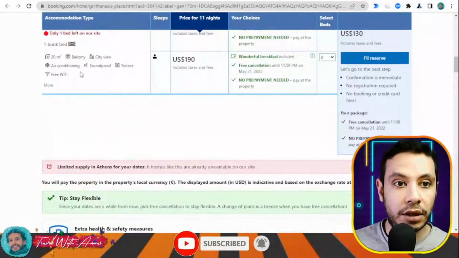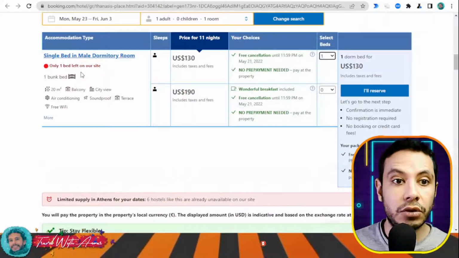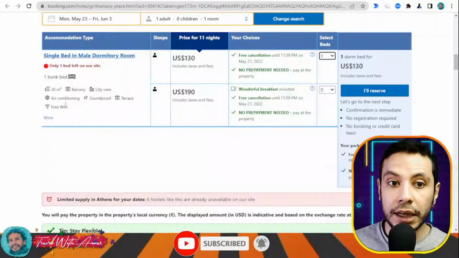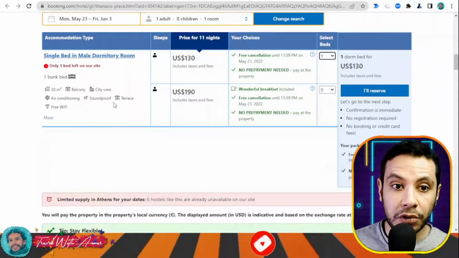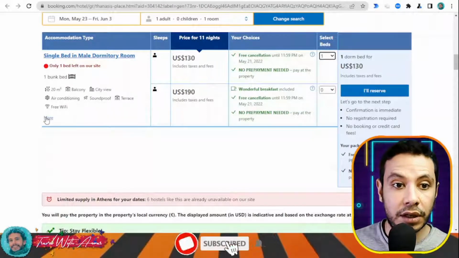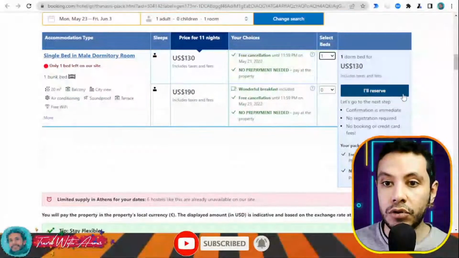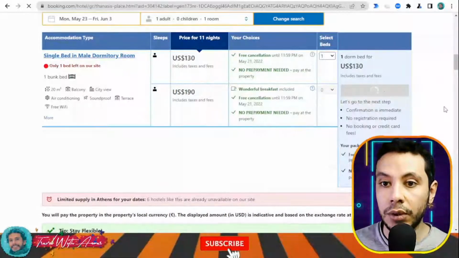And here they are telling you what are the extra things that you'll find. It's one bunk bed. There is a balcony, city view, air conditioning, soundproof terrace, and free Wi-Fi. You can even see more here. So let's say I'm okay with this choice. I will click I'll reserve,